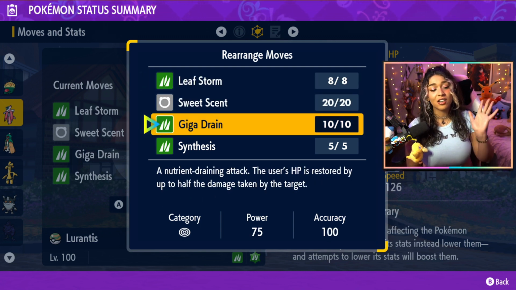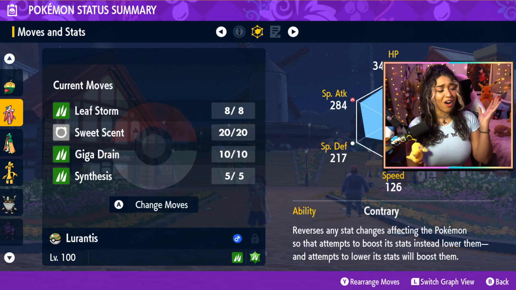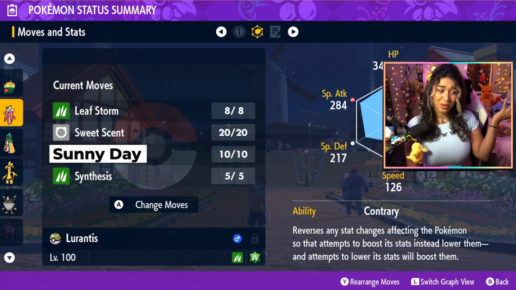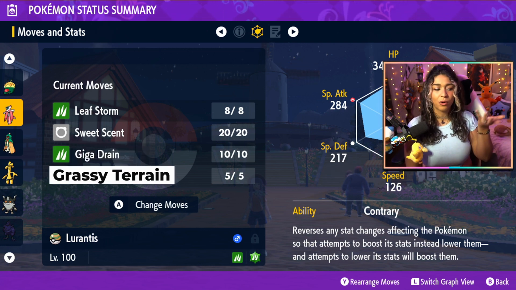Giga Drain, I think, is another very essential portion to this build. Just to regain that health, you're also holding a Shell Bell, so that's gonna get you health back quickly. I have Synthesis on here. Honestly, though, I never really used it, so I think you could switch this out. You could put on Sunny Day and Synthesis, but I personally just really like Giga Drain, so that last one